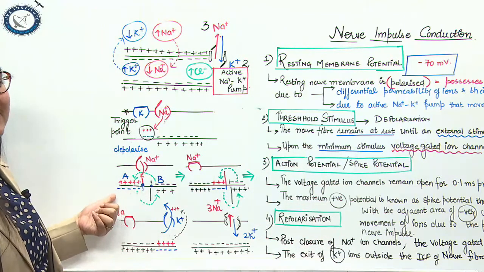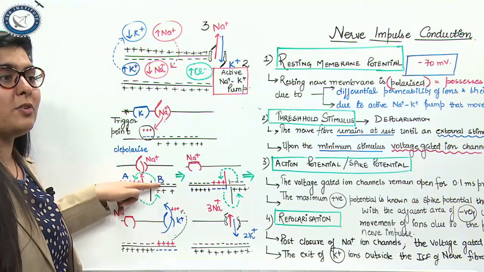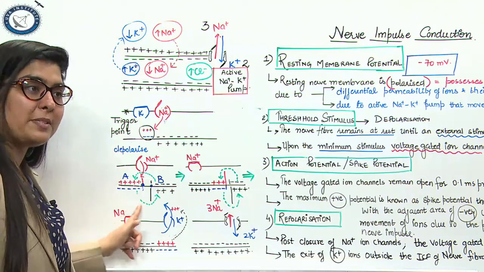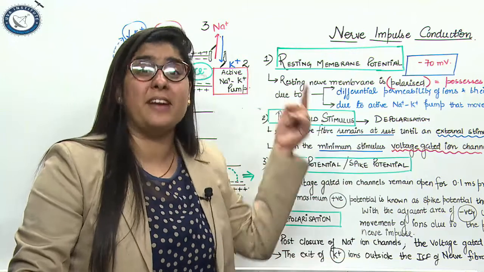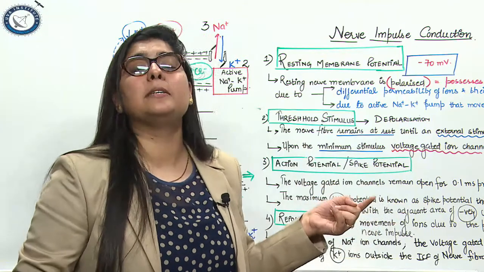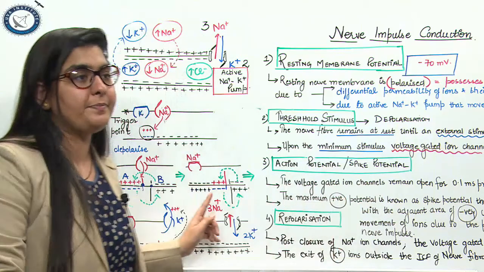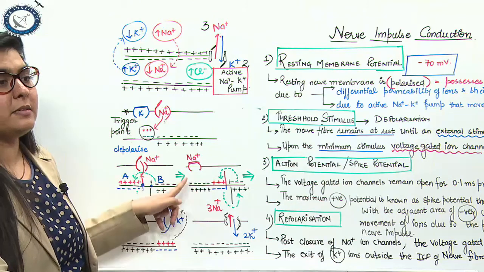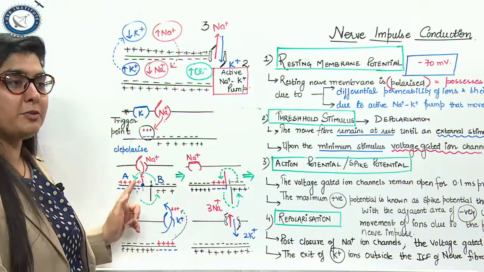The outside is relatively negative at the A point, relatively positive at the B point. So if the ions are flowing from B to A inside, they are going to flow in the opposite direction on the outside to complete the circuit, which we say is conduction and convection. The circuit should be complete. And once the circuit is complete, it reverses the polarity at A point and B point. If you can see, now the A point becomes negative inside, which was positive earlier, and positive outside, which was negative earlier,